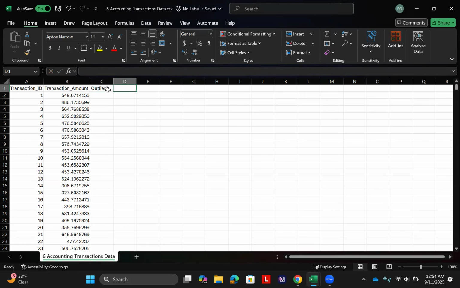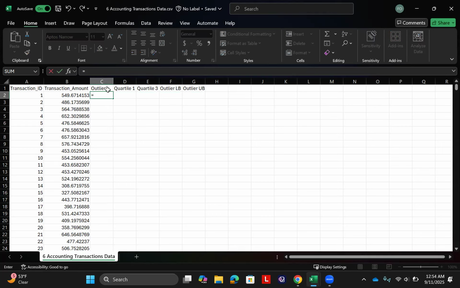And to be able to do that, first I need to calculate quartile number one, then quartile number three. These are steps for Tukey's method to identify the outliers. And I will calculate the outlier lower bound and outlier upper bound. So let's do that. So I will just use the quartile included formula, including the data, and click on B2,